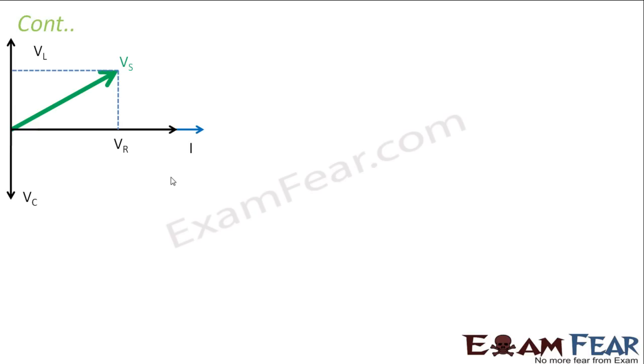So that means we can represent the phasor diagram for an LCR circuit somewhat like this. Let us suppose this is my VR, this is just a different representation of the same thing. I am just showing it so that you do not get confused. If current is in this direction, it is not necessary that I always take current along this direction. So if current is along this direction, VR will be along the same direction as current. VL will be ahead of current by 90 degrees. VC will be behind current by 90 degrees. And the resultant of all this would be this one.